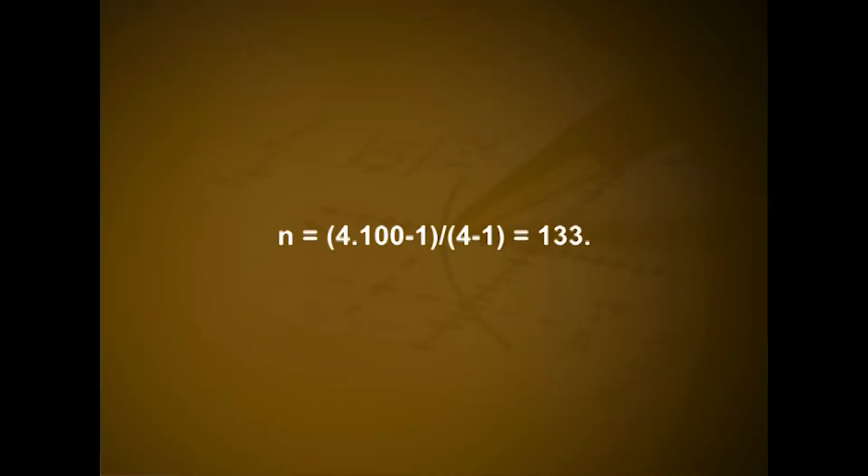The internal vertices correspond to people who send out the letter and the leaves correspond to people who did not send it out. Because 100 people did not send out the letter, the number of leaves in this rooted tree is L equal to 100. Hence, by part 3 of the previous theorem, the number of people who have seen the letter is n equal to (4 times 100 minus 1) divided by (4 minus 1), which is equal to 133. Also, the number of internal vertices is 133 minus 100, which is equal to 33. So, 33 people send out the letter.